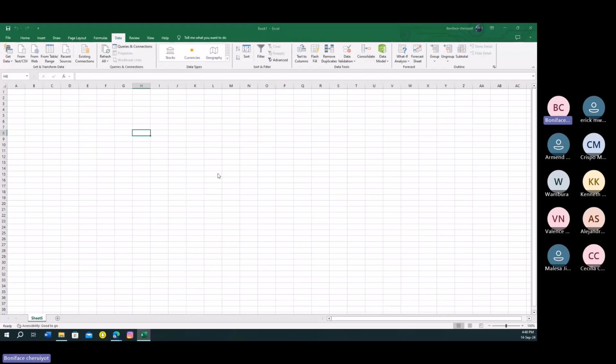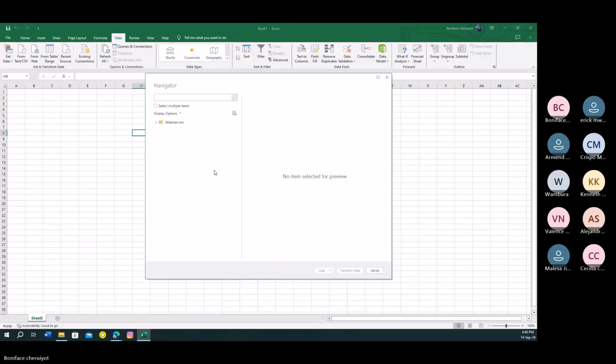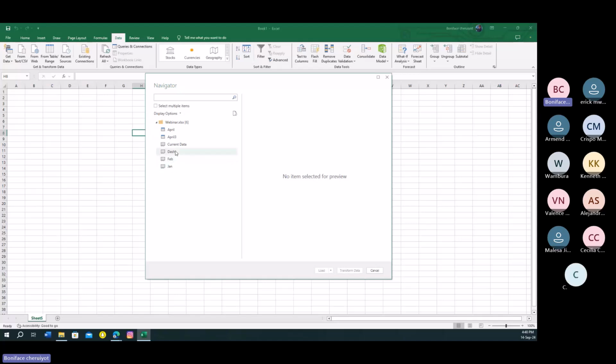So the difference between this and the other one is the other one you were getting data from a folder, and now we're getting data from a sheet. And if a new sheet is added in the future, it can also be added here. So I guess we'll add a new sheet so that we can see that. Right now we have 2 months. We have Jan and Feb. I don't need this data, so this is useless to me. I won't select them. So I'll select Jan